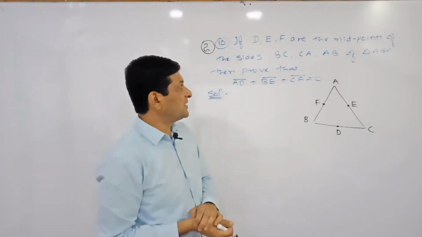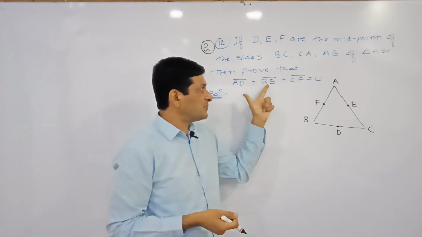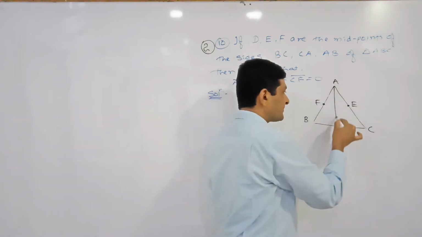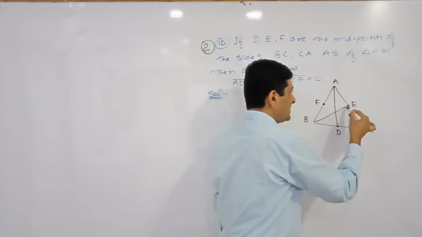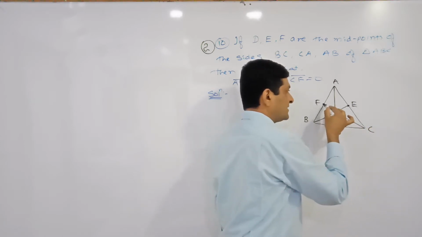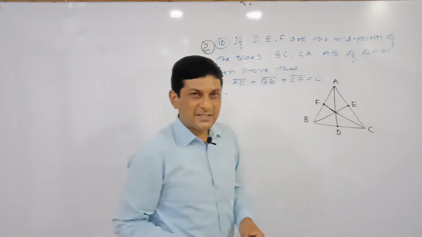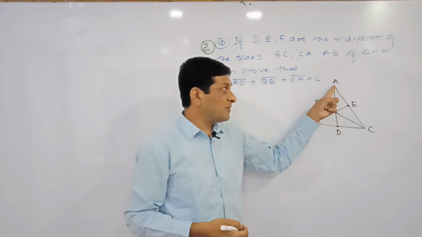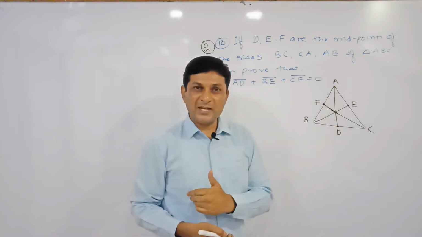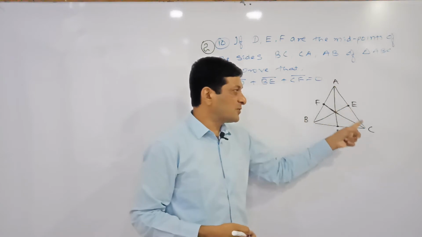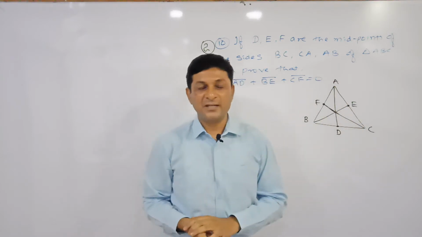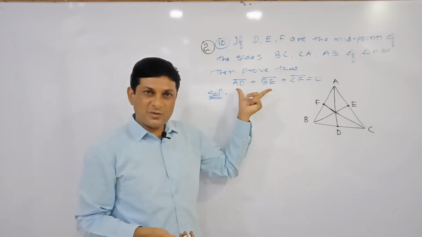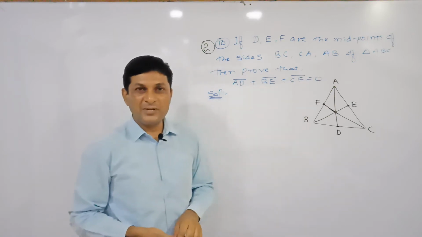Now using this given condition we have to prove that AD bar plus BE bar plus CF bar is equal to 0. So here we can say that this AD bar is nothing but a median, because the segment joining a vertex and the midpoint of the opposite side is called a median. In the same way BE is also a median and CF is also a median. Using all these given conditions, let us try to show that the addition of AD bar, BE bar and CF bar will be equal to 0.